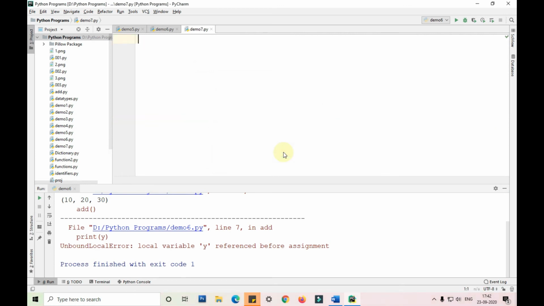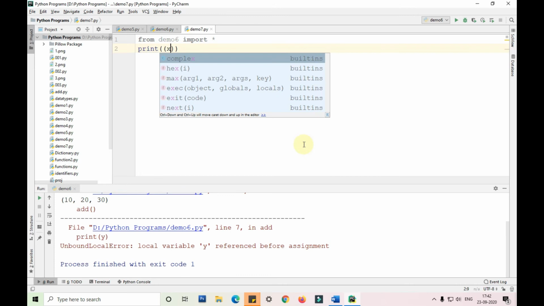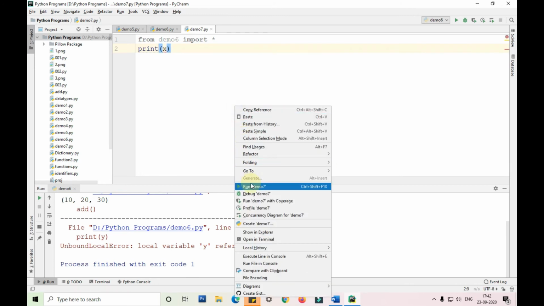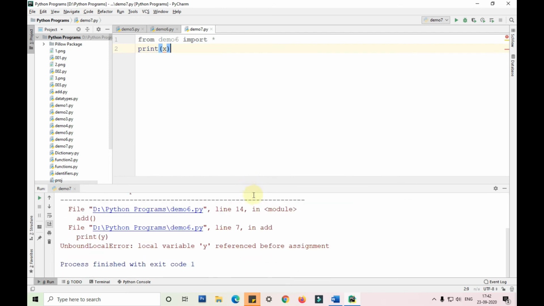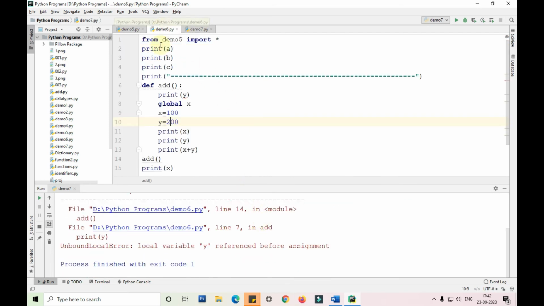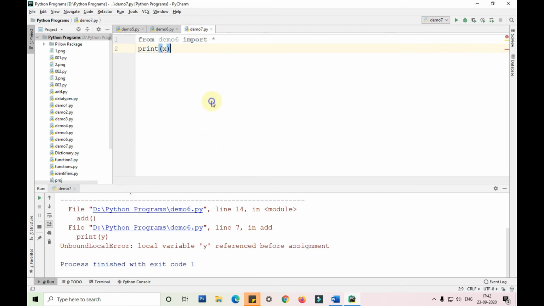Demo7: from demo6 import star, print x. It is showing an error because we still did not remove this particular line. Once I remove this line, it will print it.